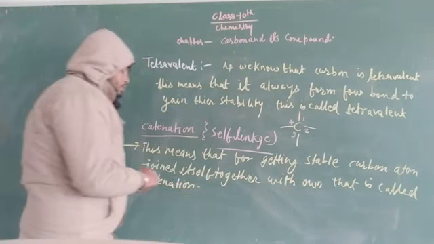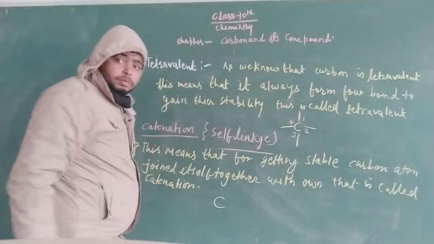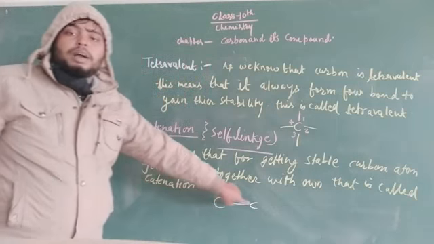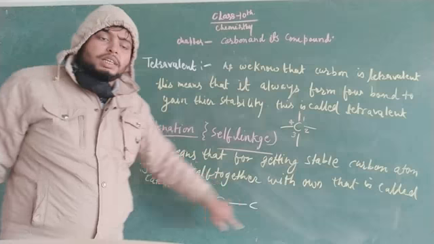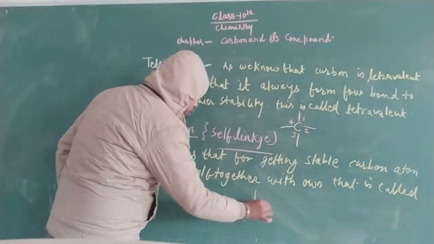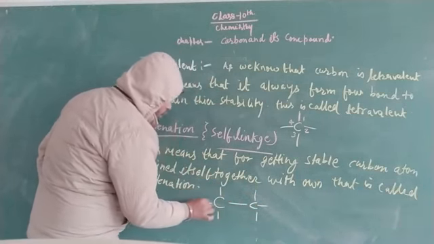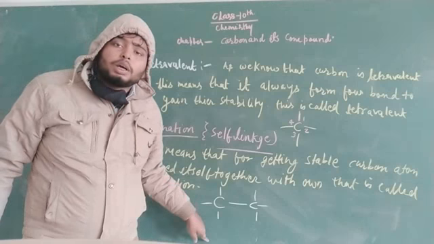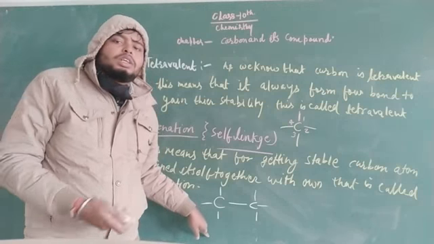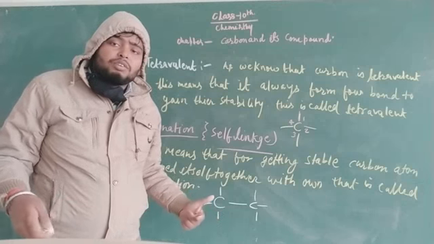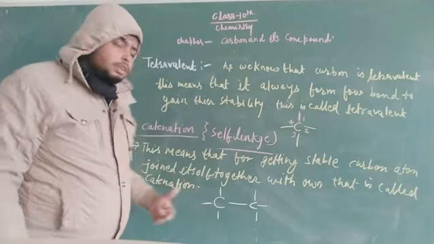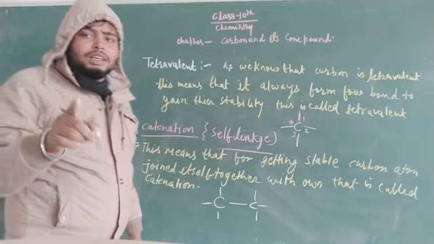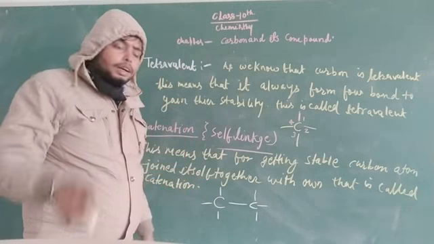There are so many examples of this. This is the first carbon atom and this is the second carbon atom. Both combine with one another to complete their stability, each containing 3 hydrogens: 1, 2, 3 and 1, 2, 3. It is not mandatory to use only hydrogen. Other atoms can also be combined, but I am just using hydrogen here, as in a hydrocarbon compound. But this can also consist of many other elements.